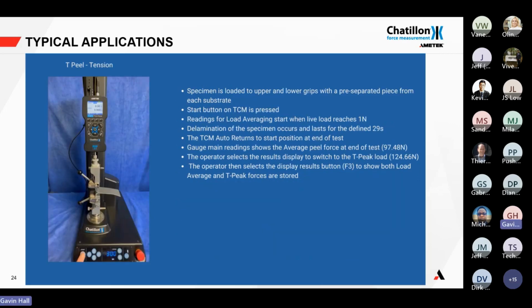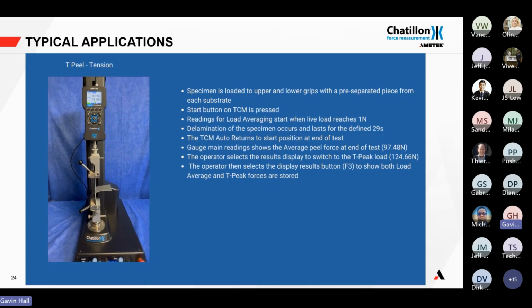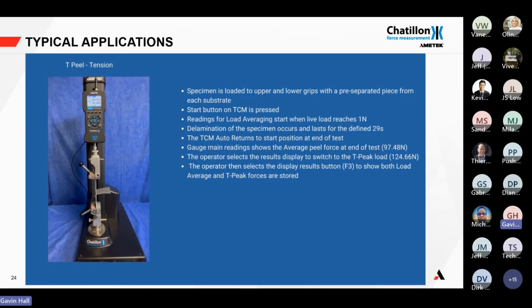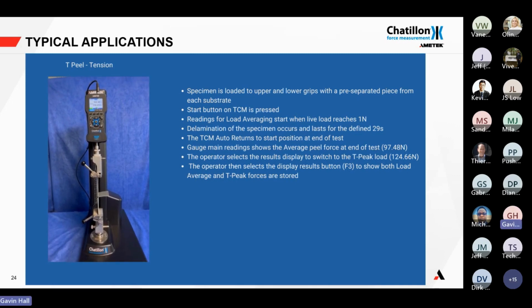So let's look at the test running. So you can see the test is started and the delamination is occurring. You can see why it's called a T-peel. It's an inverted T rotated 90 degrees to the left, and the action of the sample is to peel the two substrates apart. The test will last the defined period of time, and at the end of the test, when we see it complete,